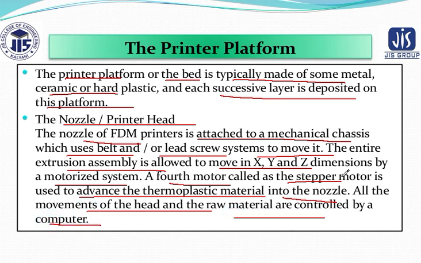So in the previous picture I have already told you that a computer is there, a person is there who is operating it, and you can see the movement of the extrusion head is always in X and Y direction, and Z direction is the movement of the table. And this is basically the nozzle or the printer head we are talking about. And there is a printer platform which is commonly known as a bed, and over this bed you are depositing the material. There is a support also provided. After completion of the product, you can just simply remove your supports too.